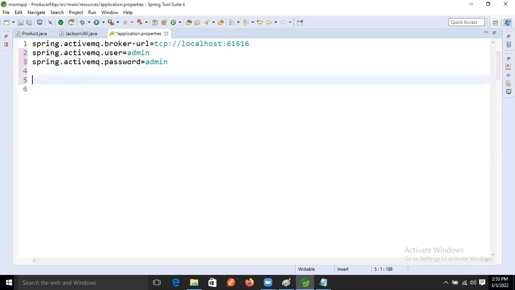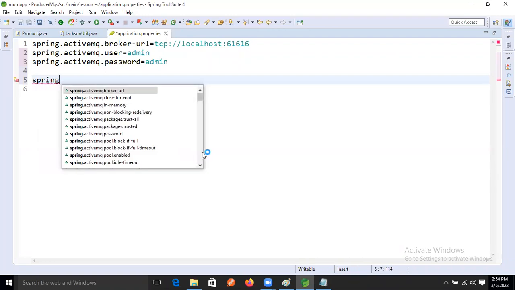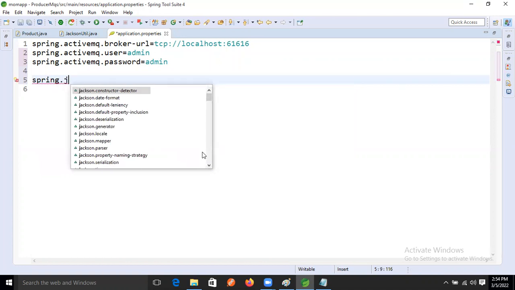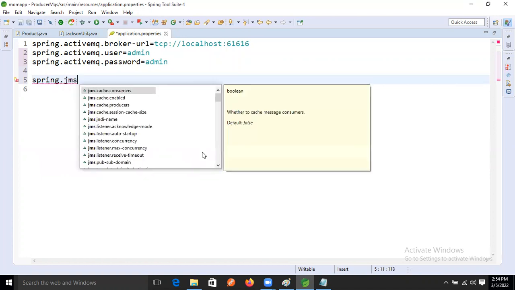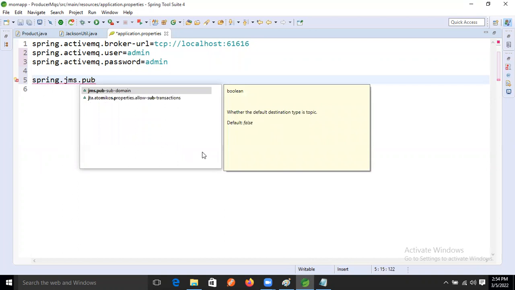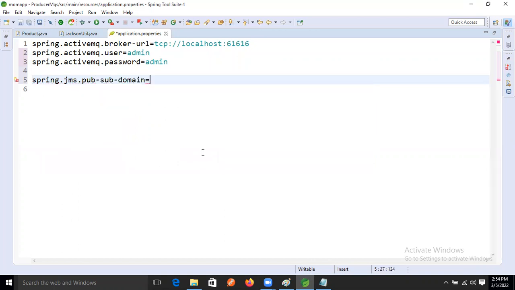Our application wants to communicate as peer-to-peer communication. Then what is the key now? spring dot jms dot pub-sub-domain, na. By default this one is false.